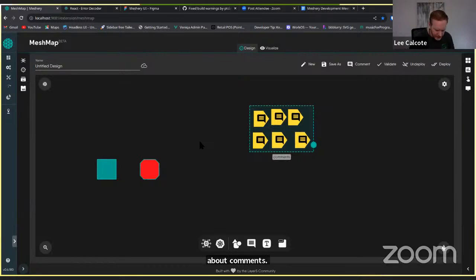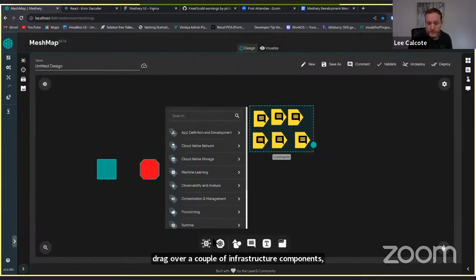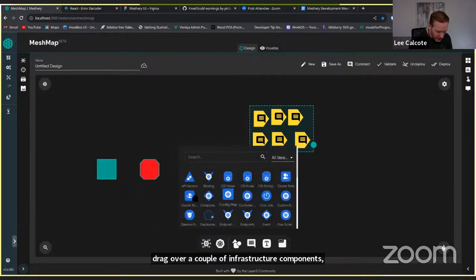Yeah, to Daniel's point, previously, if you were to drag over a couple of infrastructure components, there's a lot of them, for various projects, and Meshery can provision any of these and let you configure them, arguably almost too deeply.